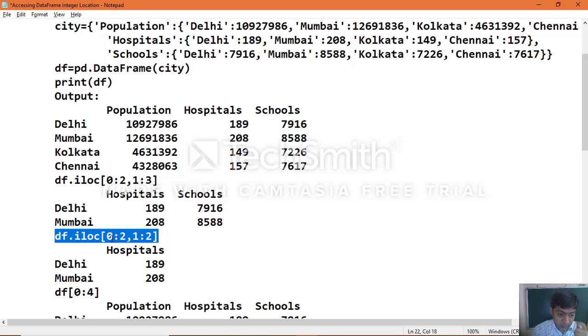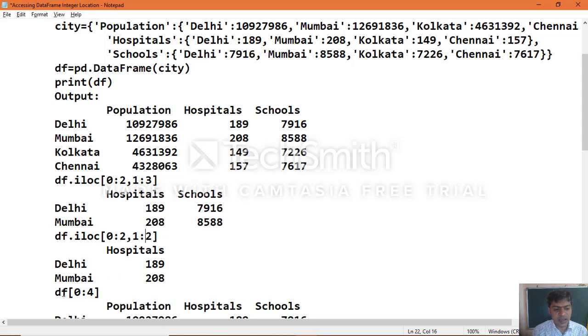Start with 0 row, end with first row, and start with first column, position 1, which is hospitals, and here 2 is the end, so only one will be considered. Now you can see the details of hospitals which you will get here.